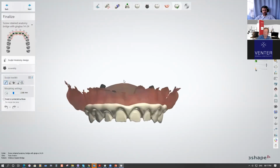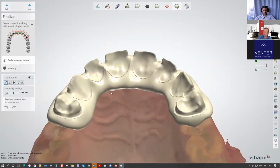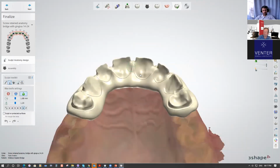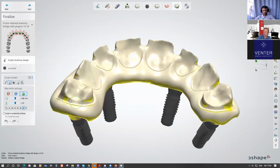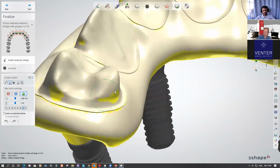Yeah, you could see the final step to sculpt anatomy. And you know, if you wanted to cover kind of dies or preparations by crowns, I'd recommend to activate this slider undercuts to see any undercuts all around the preparations, and maybe in some areas we need to adjust a bit design